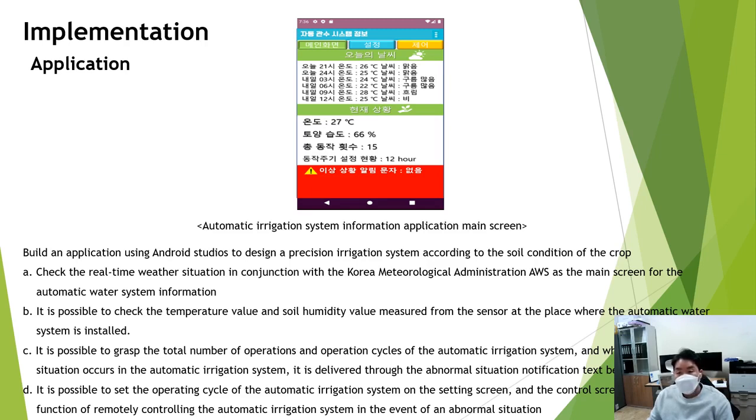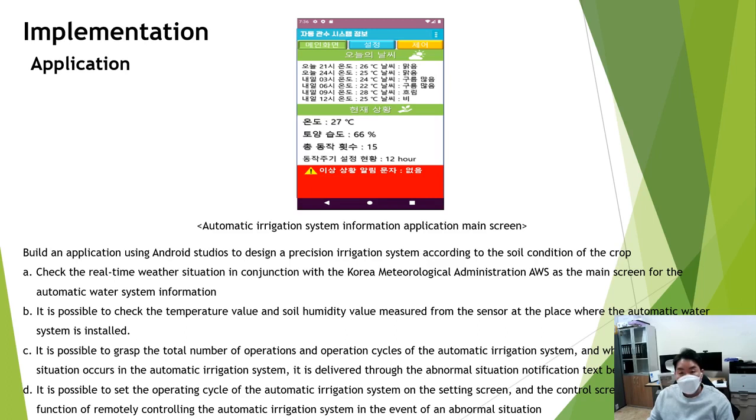In addition, in the bottom part, you can determine the total number of operations and operation cycle of the automatic irrigation system. And in the event of an abnormal situation, characters about the abnormal situation notification will be displayed in the red space at the bottom.